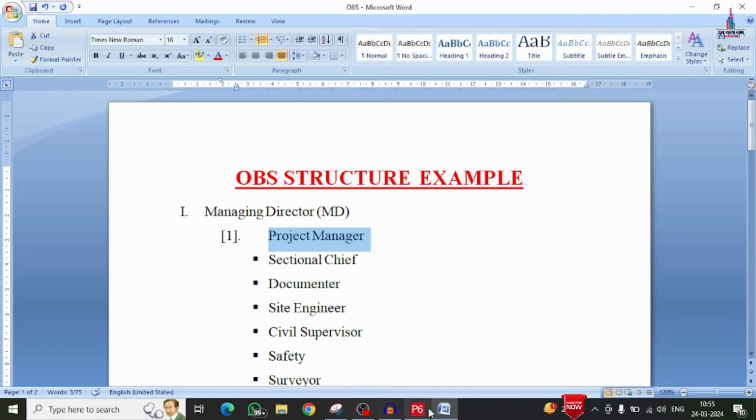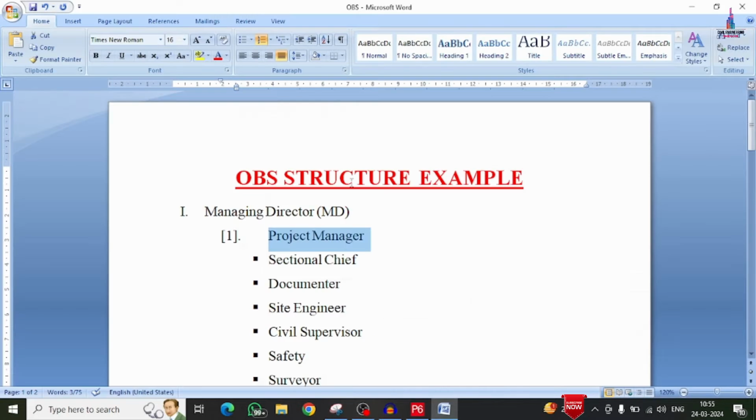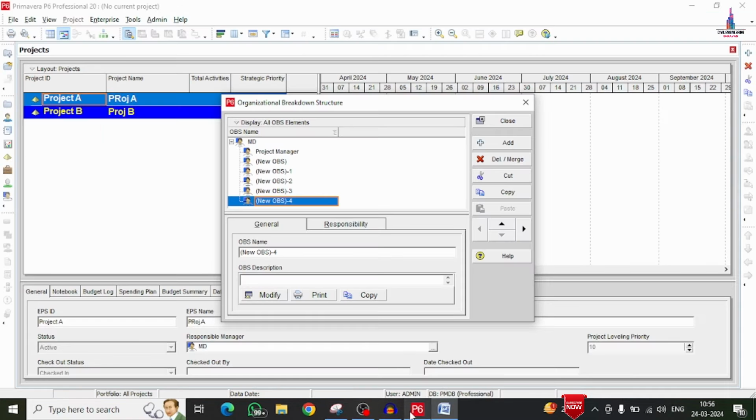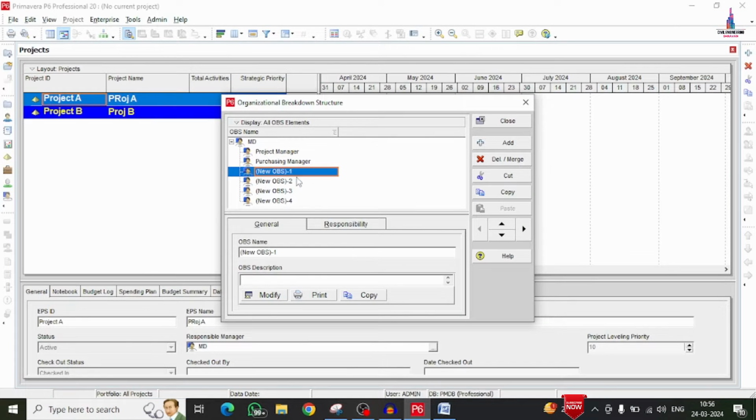Select the project manager. I am copying it and pasting here to save our time. Here I am selecting this option. We will add six entries for this particular project. The second one is related to purchasing manager. I am selecting the second one and giving the name as purchasing manager. The next one, the third, is engineering manager. I am selecting this third one